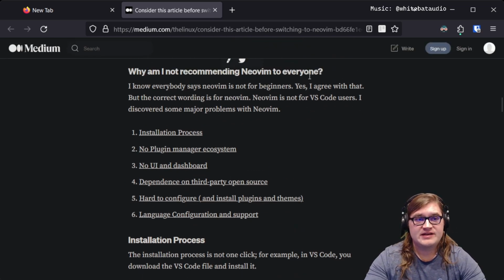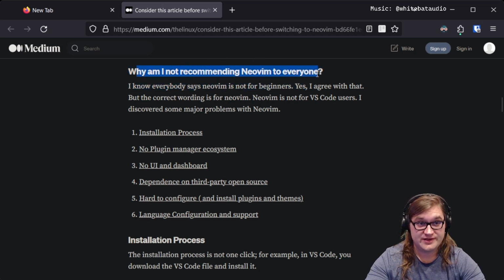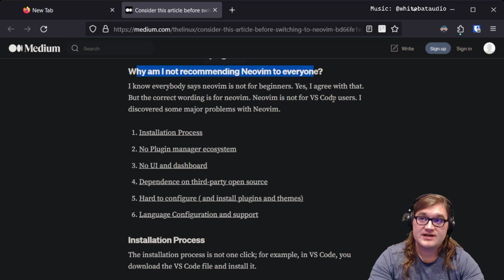Why am I not recommending Neovim to everyone? Just right off the bat, before we read this, I do not recommend Neovim to everyone. I recommend it to people who feel like their code editing process is slow. To anyone who wants to take their code editing to be more advanced, faster, if they have issues with their wrists,